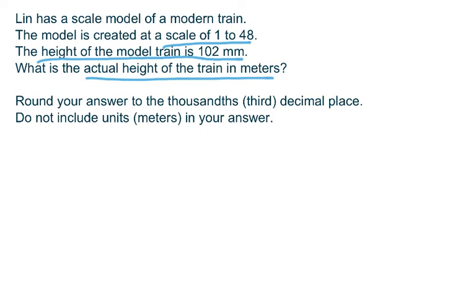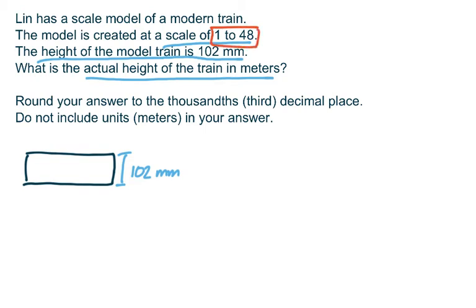So I'm going to just think about this. Let's say this is my train. I'll do a boxcar. The height of the model here is 102 millimeters. Now I know that my scale is 1 to 48. So one of the ways to start this problem is to take the 102 and multiply by 48. And when I do that, I get